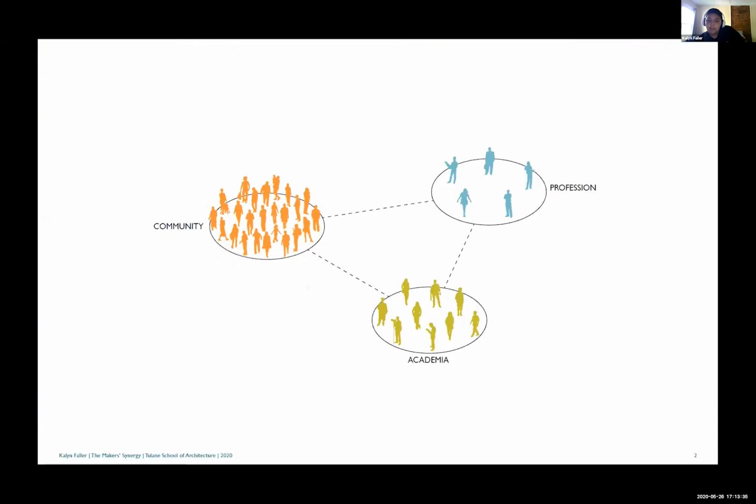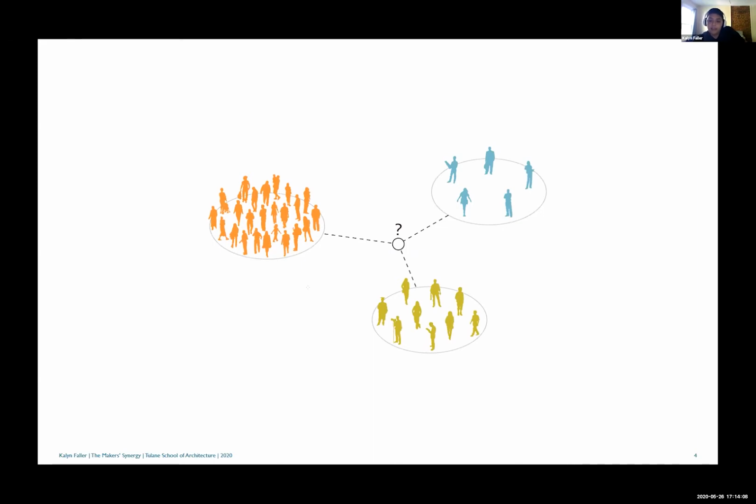In many readings discussing design-build education, separations of stakeholders are often broken down into the categories of profession, academia, and the community. Looking at the cross intersections of these adjacent groups of people, we can see that design build, public interest design, and design centers operate between certain categories. Within these titles, there are many programs and hybrid making models that exist, and yet there are still people who are excluded.